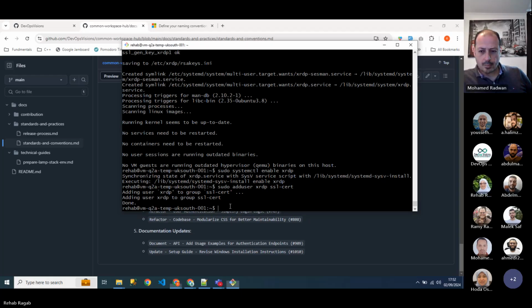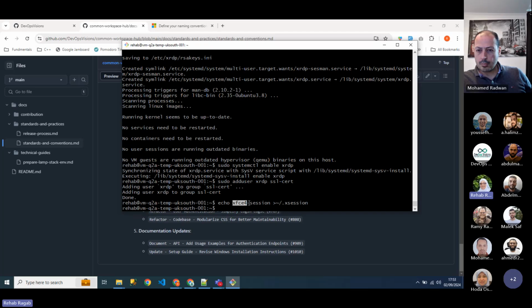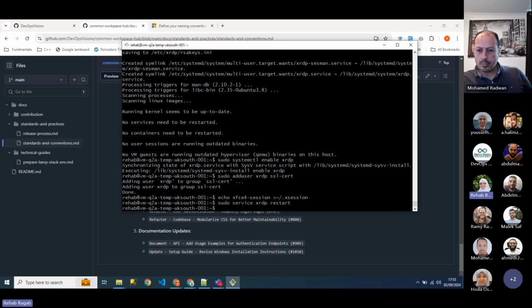After this, I use this command to tell XRDP what desktop environment to use when starting our session. I told it to use XFCE 4, which we already installed and configured. The last command in configuring this remote desktop is to restart the XRDP service. And now we are ready to connect to this VM